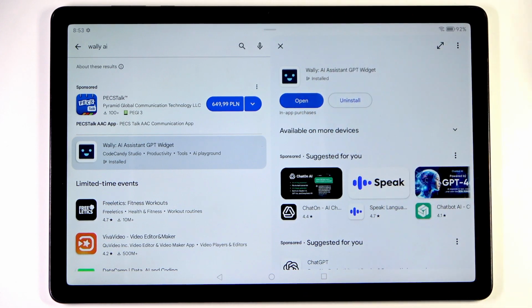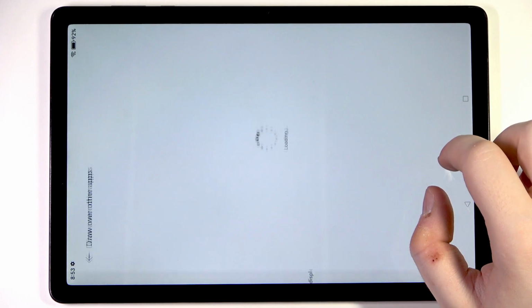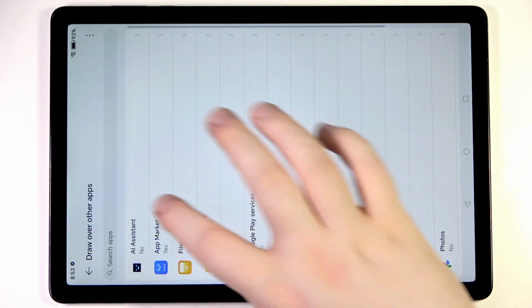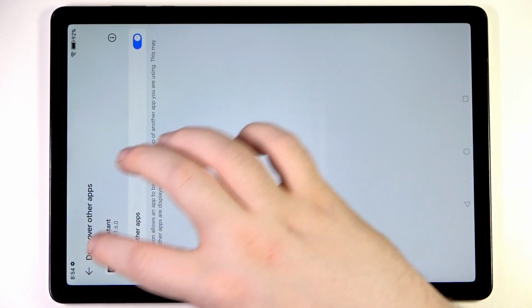Now you can click open, then click on this button to skip introduction and click not now, then click open permissions and select the AI assistant and click here to allow this app to display over other apps, and then you can go back and